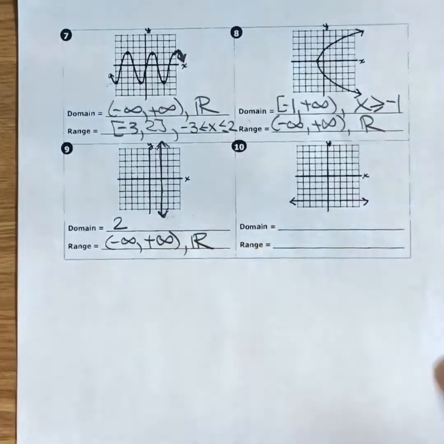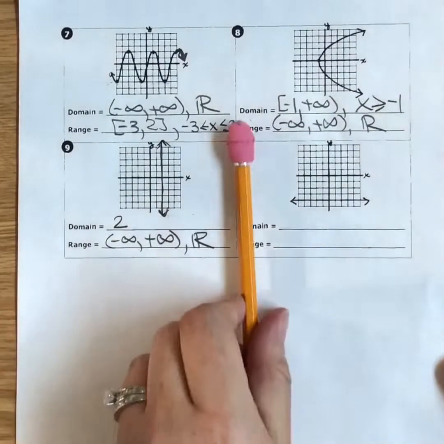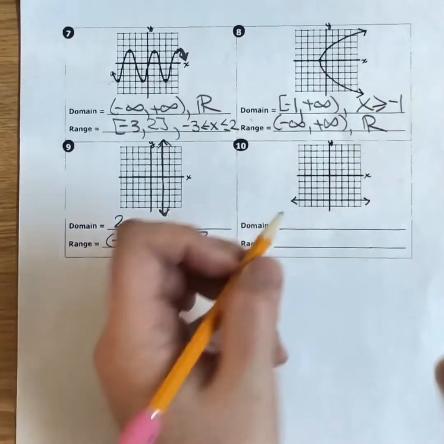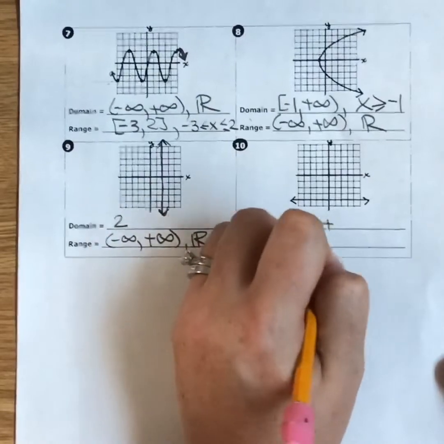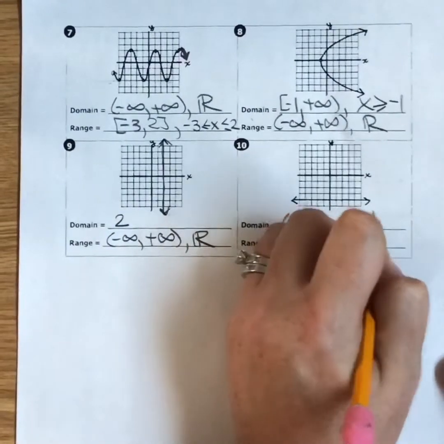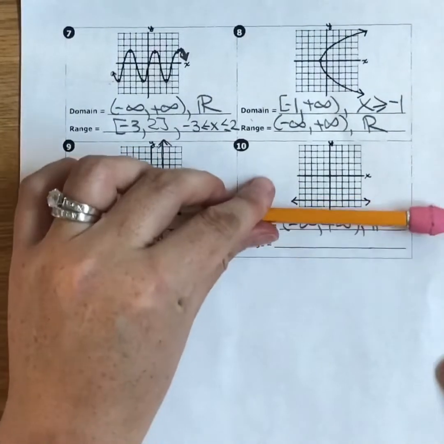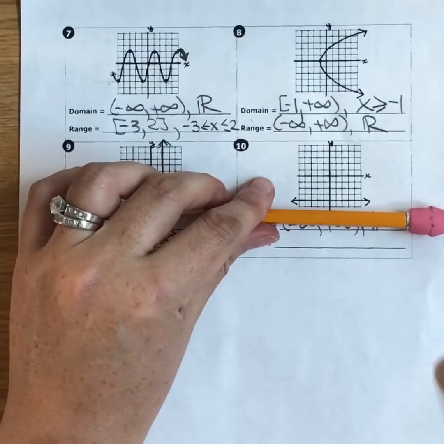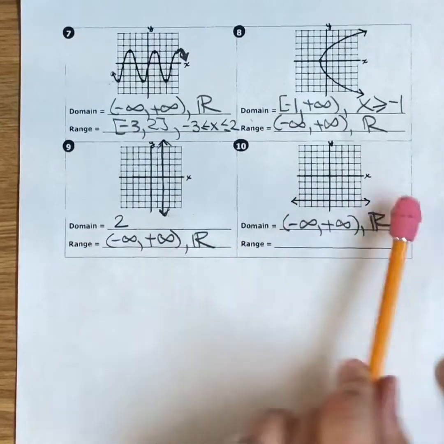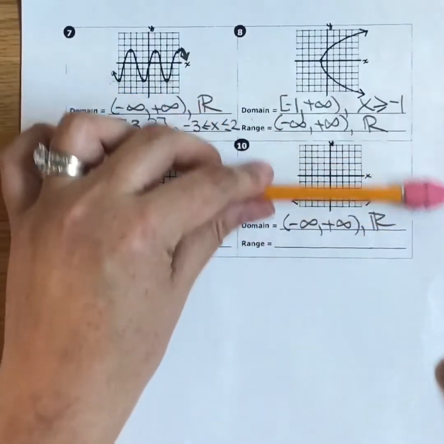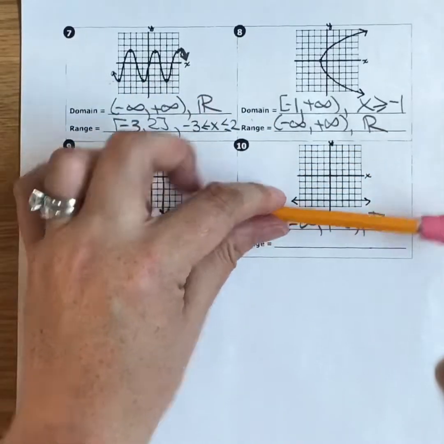It's kind of like the opposite for a horizontal line. If I go left and right, I hit both arrows because we know horizontal lines go left and right. So the domain is from -infinity to positive infinity, or all real numbers. But if I go up and down, you can't hit arrows sideways because horizontal lines don't go up and down at all. So if you're checking from the bottom to top because the y's go up and down,